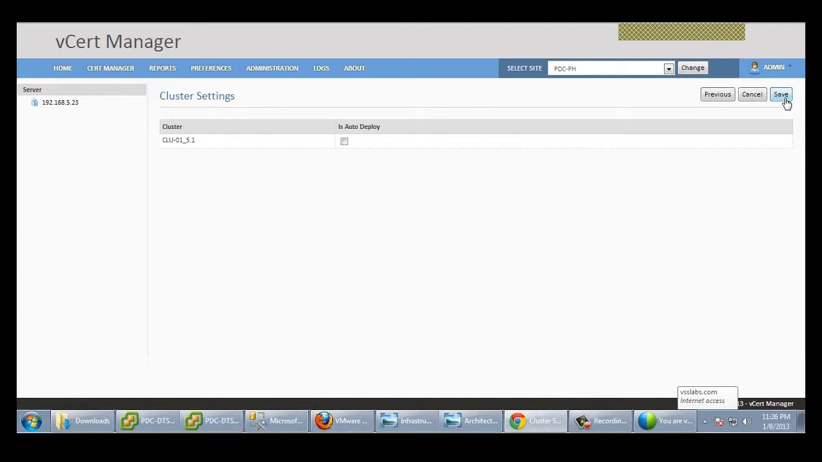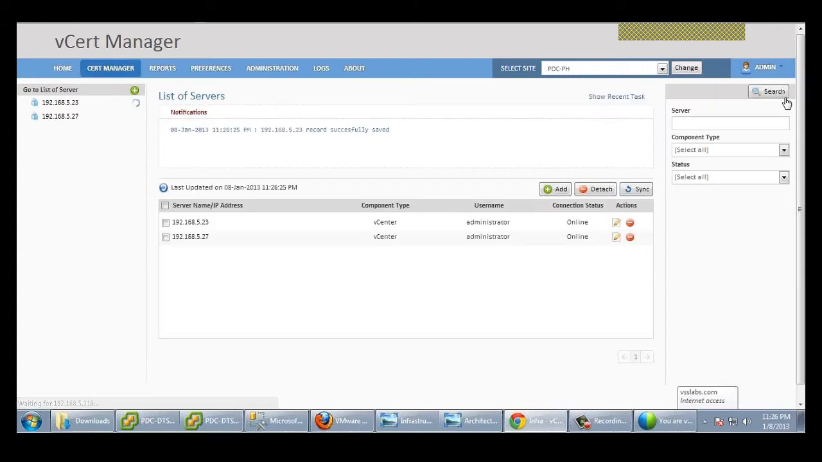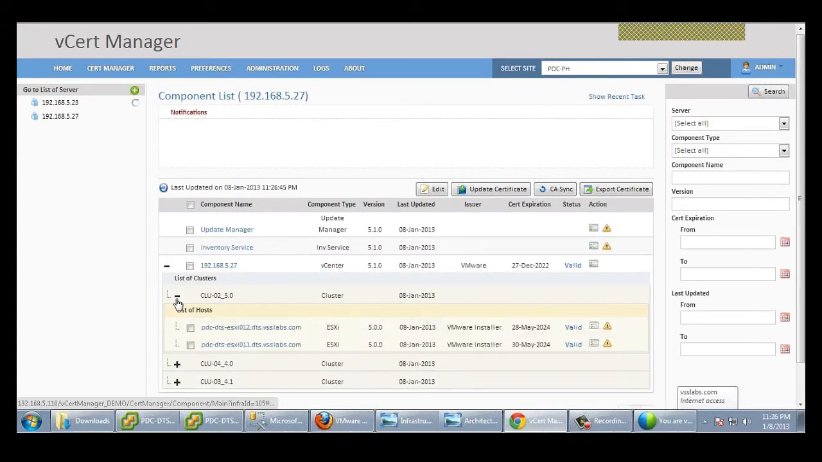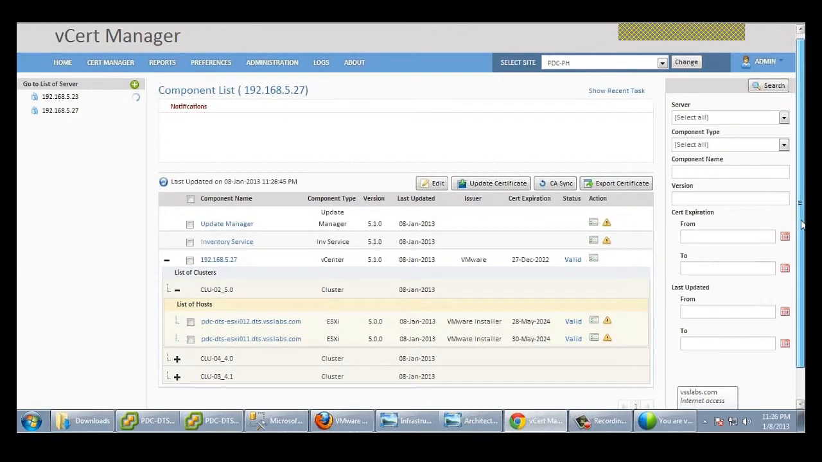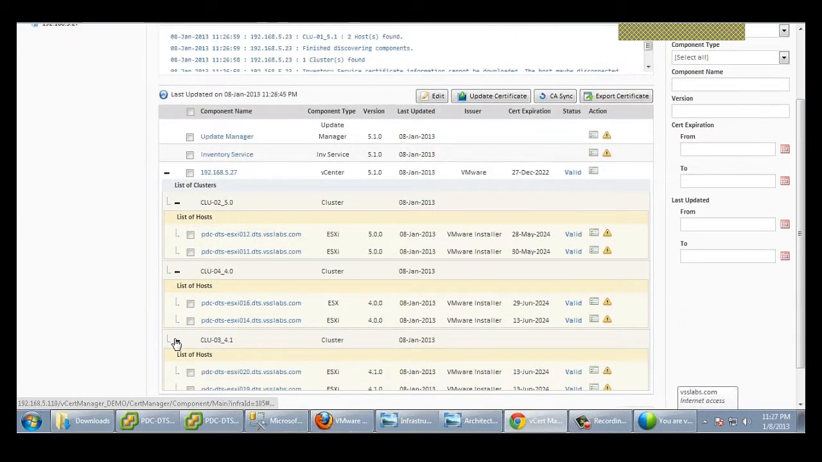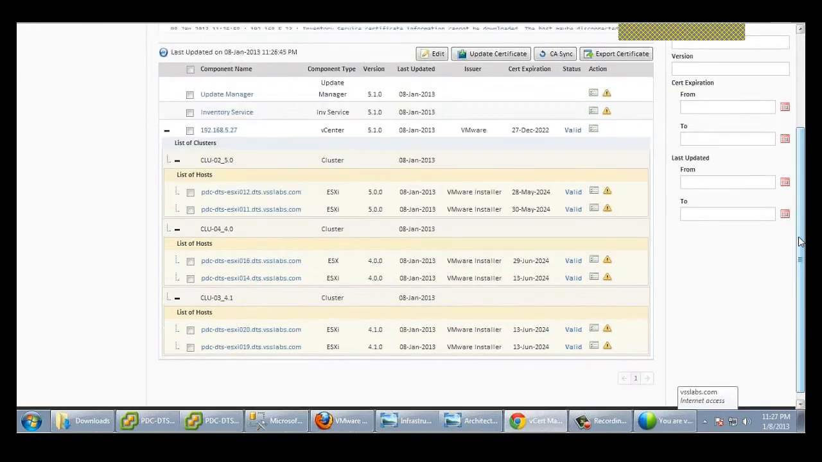Then we save the record. So we got two vCenters, vCenter 5.1 and vCenter 5.0. We'll go to vCenter 5.0 and take a look at what it was able to discover. So we got three clusters. Under a cluster, we can find two hosts, versions 5.0, 4.0, and 4.1. Next, we proceed on